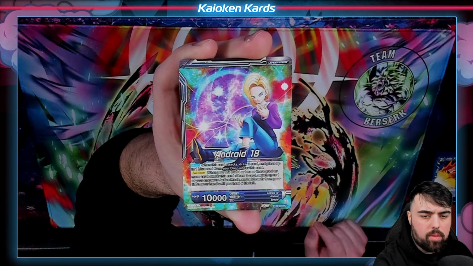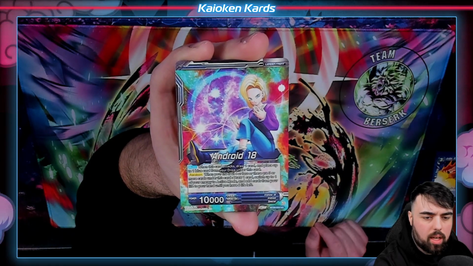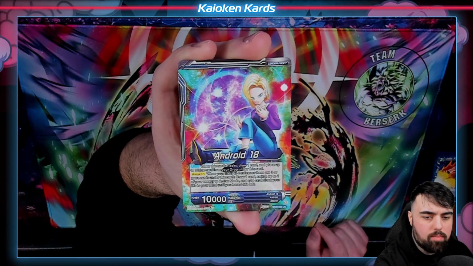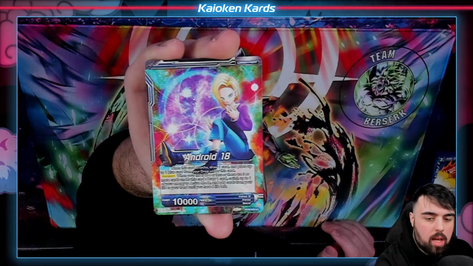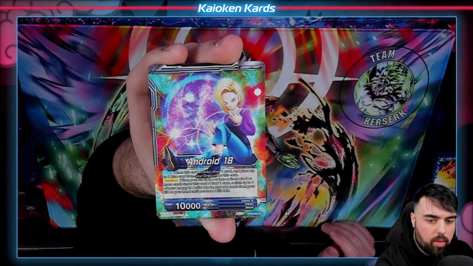Okay, leader card, front side, Android 18. When she attacks, you get to draw a card and place one blue card from your drop under this card. What the hell is the reason for that? You'll see. And then you awaken at 4 less life, or if you have 3 or more cards under this